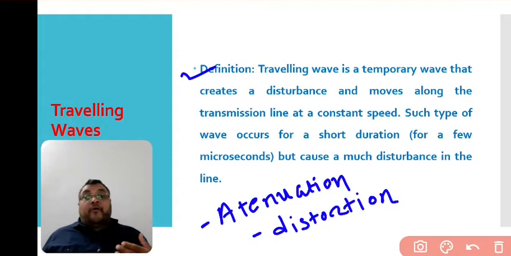For distortion, the elongation or change of wave shape that occurs is called distortion. So due to the traveling wave, if the wave shape of the main power quantities, that is voltage and current, is disturbed or changed, this phenomenon is known as distortion. I hope you are now aware of these two things when the traveling wave comes into the picture, that is attenuation and distortion.